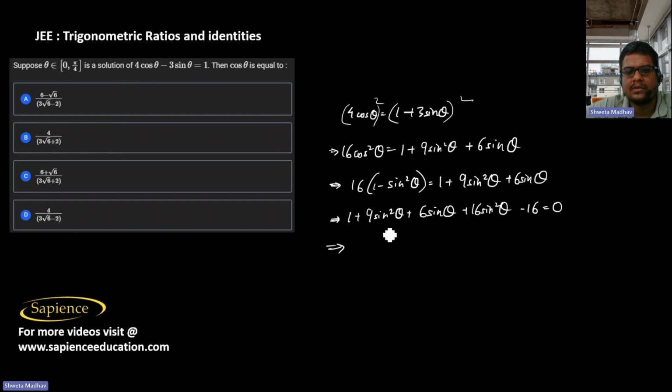So this will be 16 plus 9, that is 25 sin square theta plus 6 sin theta minus 15, equal to 0. Now, sin theta will be equal to